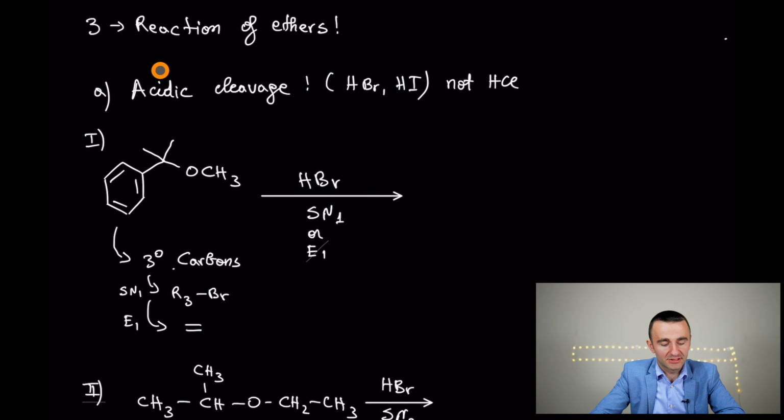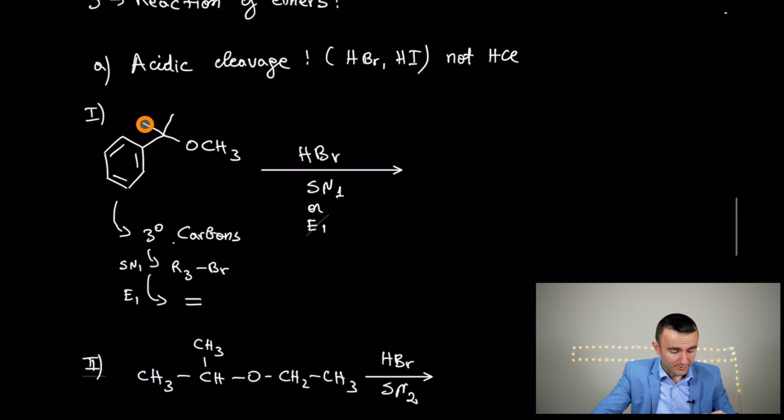Let's move now to the reaction of ethers. Acid cleavage through HBr or HI, not with hydrochloric acid. Be careful, those two work best. This one does not do the cleavage that we want. We have two possible scenarios. The first scenario is that you have a tertiary carbon and the mechanism goes according to SN1 and E1, mostly